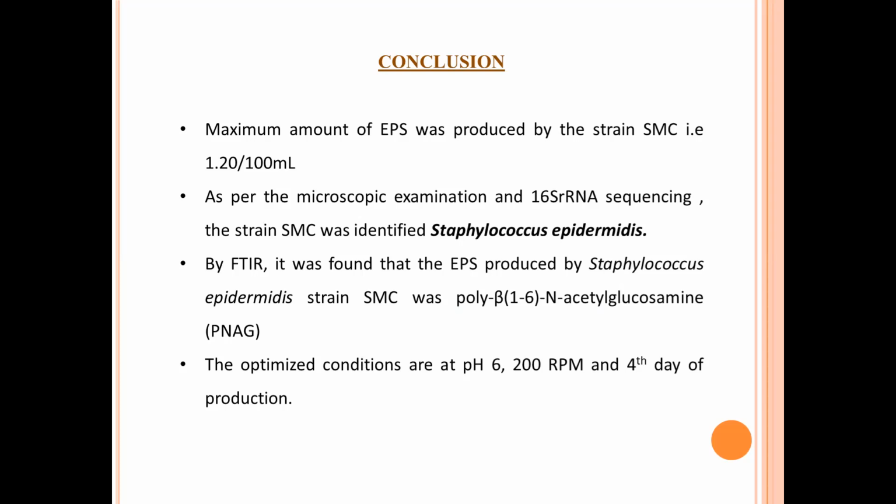To obtain a significant amount of EPS, we optimized the conditions to be slightly acidic, that is, at pH 6 and at an RPM of 200. In conclusion, biopolymers are important because they're natural materials and they can be used in many ways, like making eco-friendly packaging and biomedical products. They're good for the environment because they come from renewable sources and are biodegradable. Using biopolymers helps us protect the planet and make things better for the future.